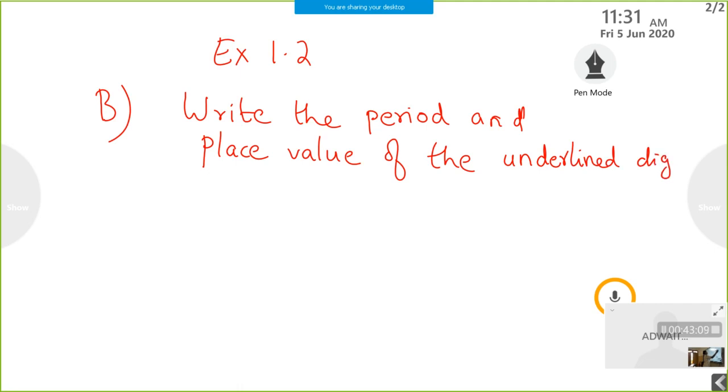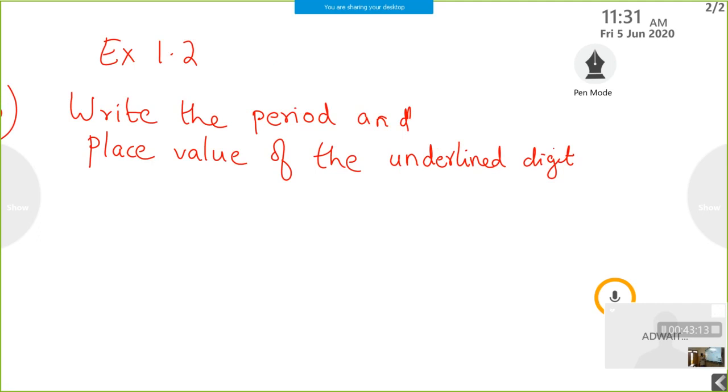Underlined digit. You can write this one. No need to write this big question. You just write the numeral and can write the answers in your rough book. You can write that when you get the class notes through WhatsApp. These answers are also there. But now you can write your answers in your rough book. Otherwise, if you make a mistake, that will make the notes untidy. Okay. Now the first question is